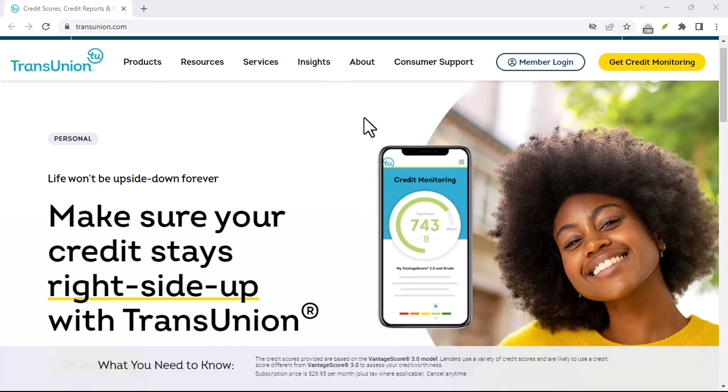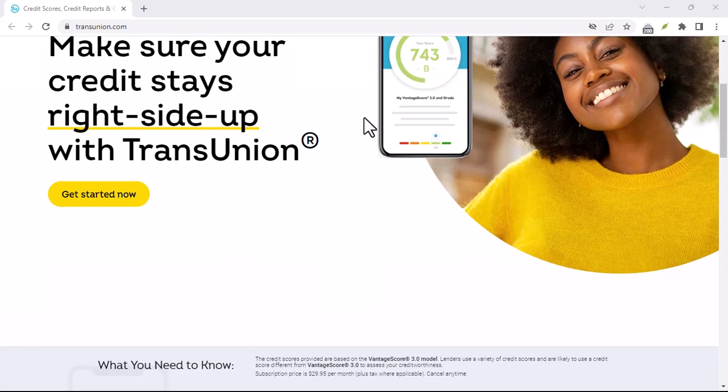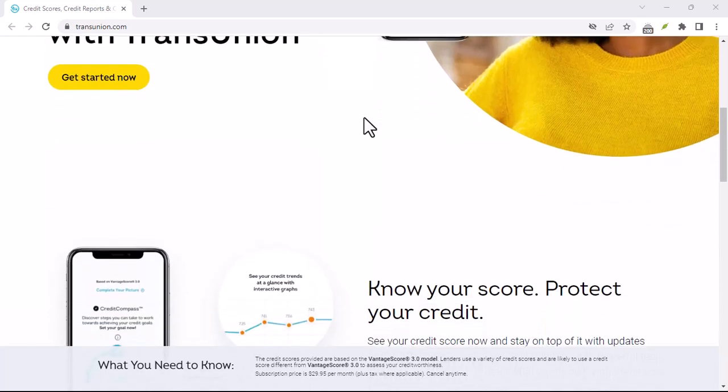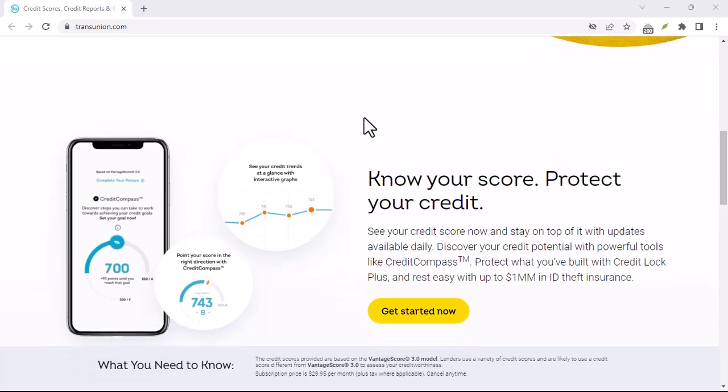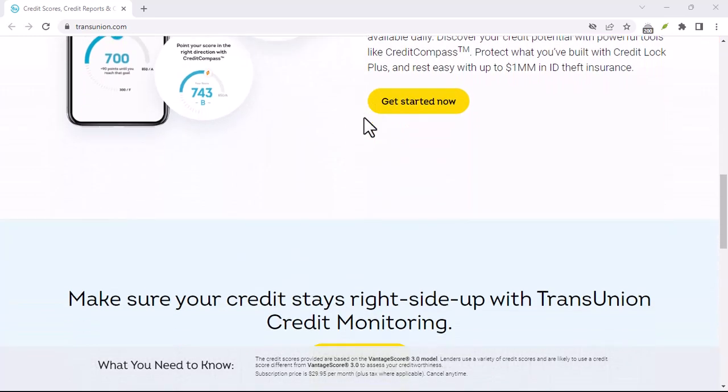Have you ever wondered if your credit score is being used without your knowledge? Or perhaps you're simply looking to reduce your expenses. Today, we're going to delve into the world of credit reporting agencies and, more specifically, how to cancel your TransUnion